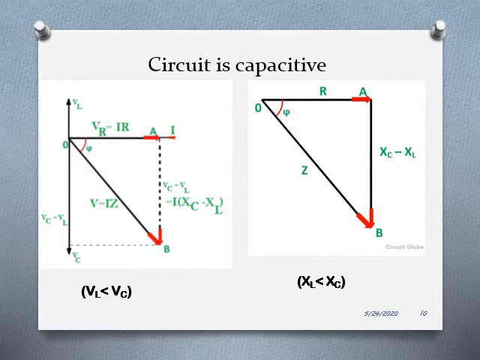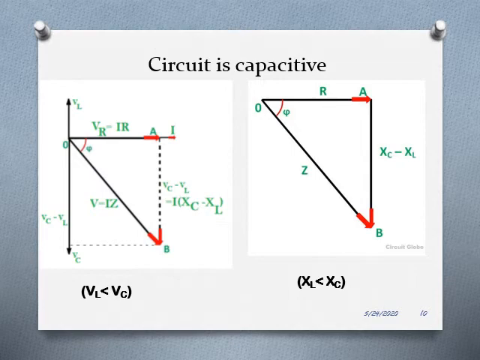Now what you have to do is calculate the net voltage difference. If VC is more, VL is having a lesser magnitude, so the net difference will be VC minus VL. So VC minus VL is nothing but AB. So you have got the two sides of the right angle triangle, OA and AB. Now resolve it using the triangular law to get the resultant voltage of the circuit. The hypotenuse OB is drawn, which is nothing but the total voltage V is equal to IZ.